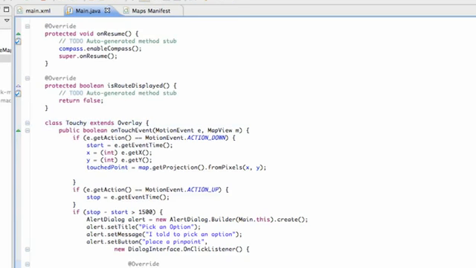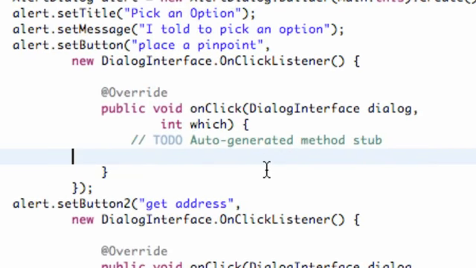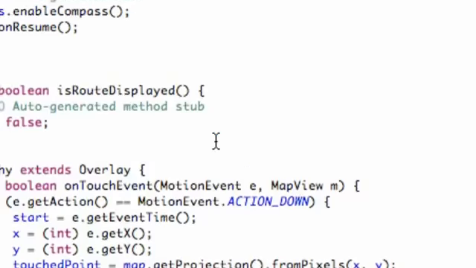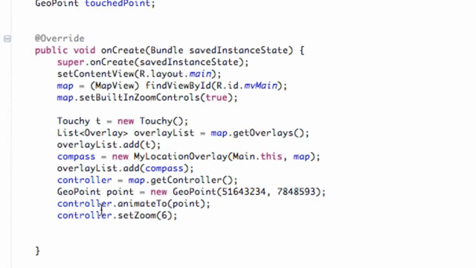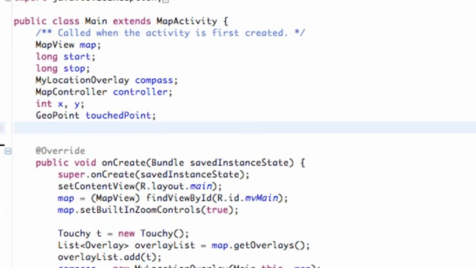And we're going to do that within the onCreate method. So again, remember we have a constructor for that custom pinpoint class that takes in a drawable, and it also takes in a context. So what we're going to do is scroll up to our onCreate method of our main class and create a drawable item. So what I'm going to do is just simply create a drawable that we're going to use for a whole class. So let's define it above, and we're going to say drawable d,